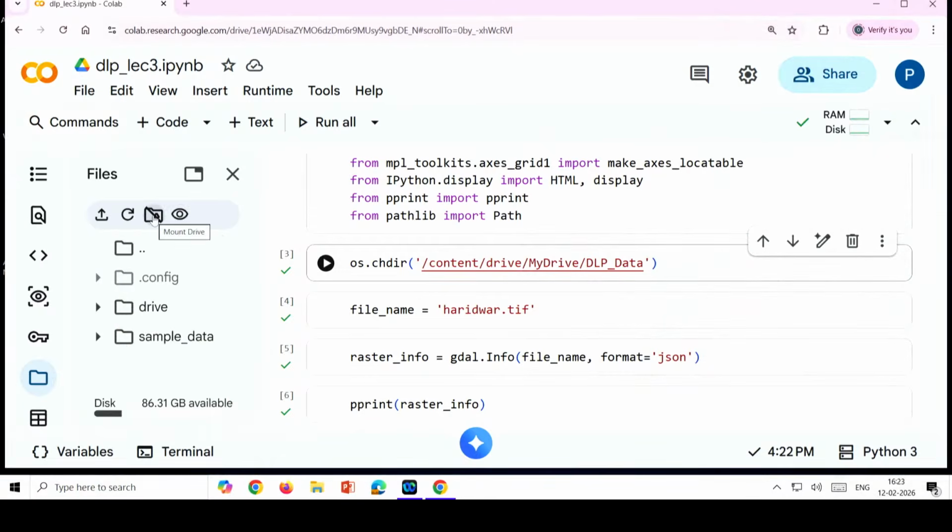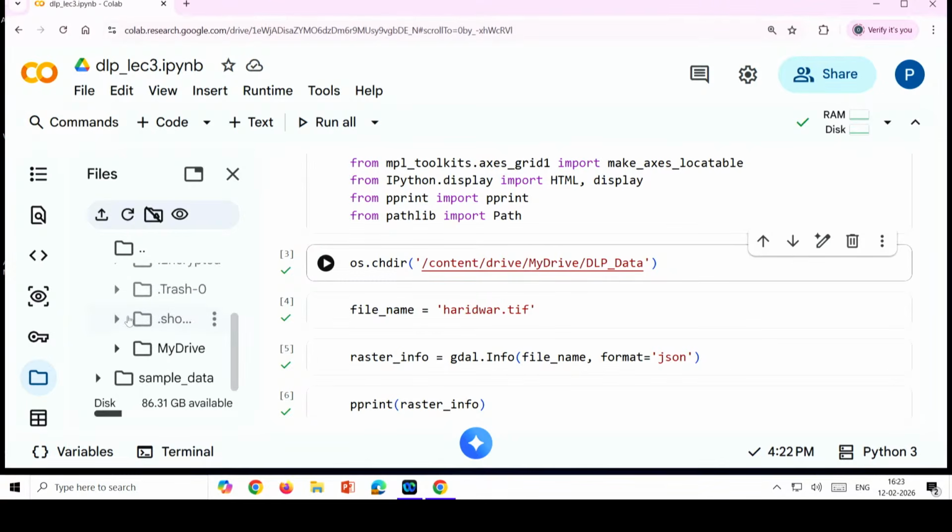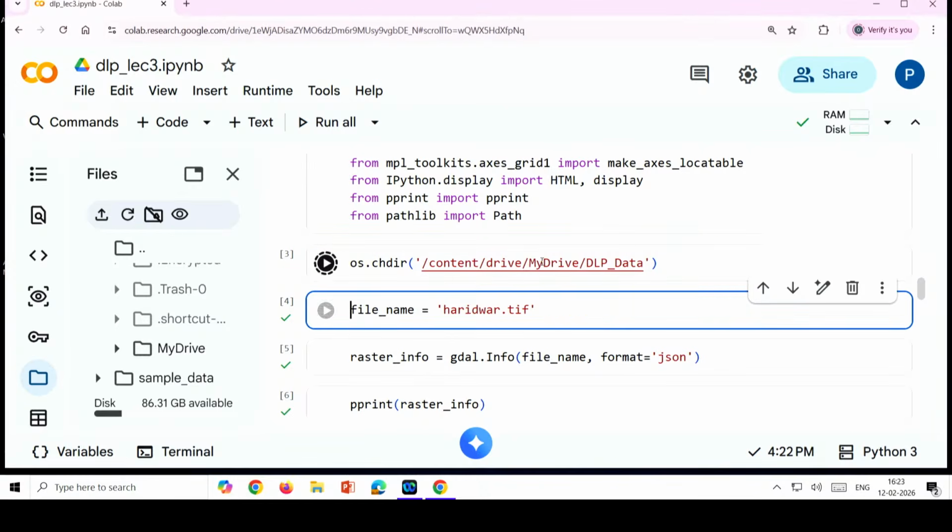So then your entire Google Drive will be visible here as a drive folder. Inside that you can see that all of my data is stored in this particular directory. So I am just changing my directory to this working directory, so that whenever I want to refer